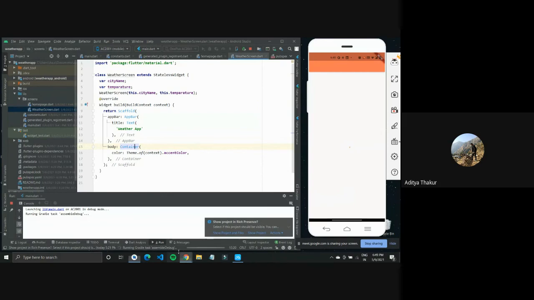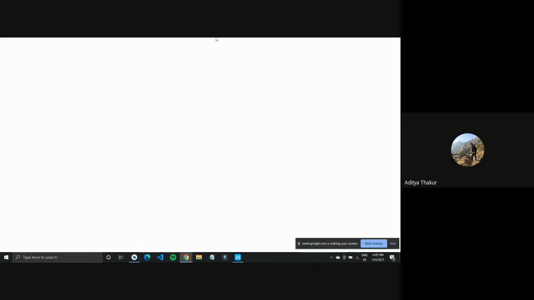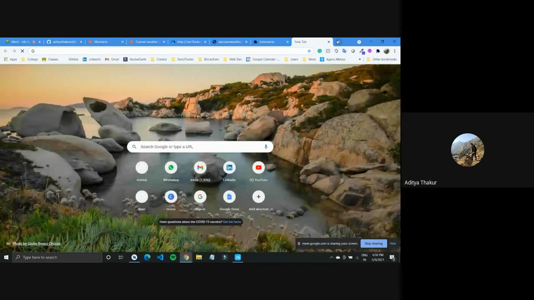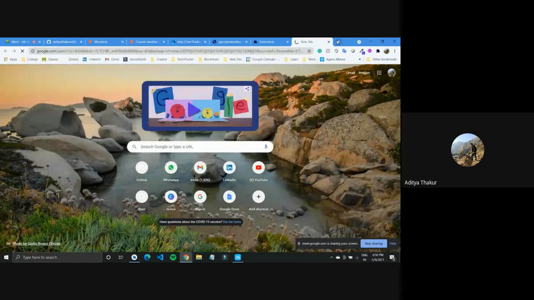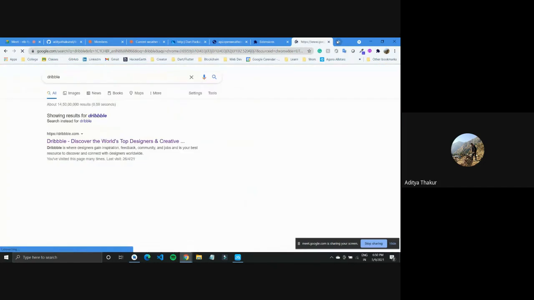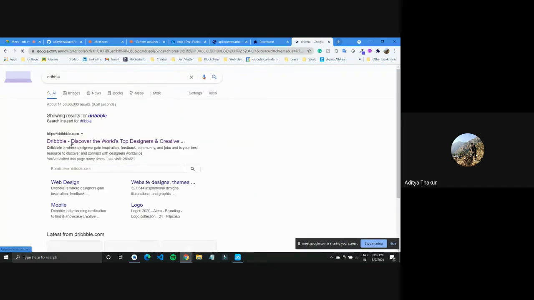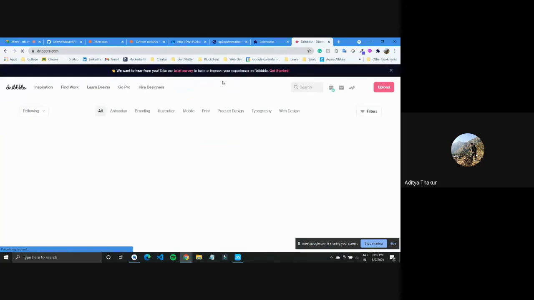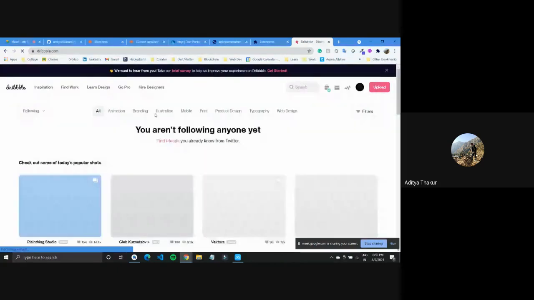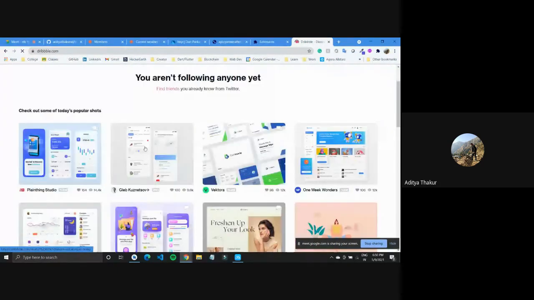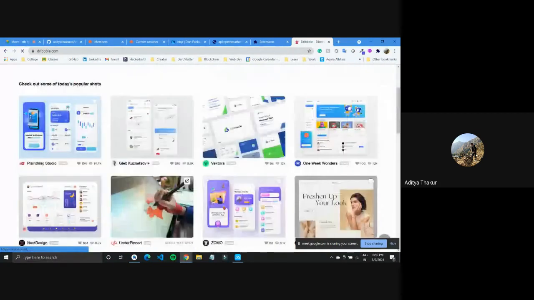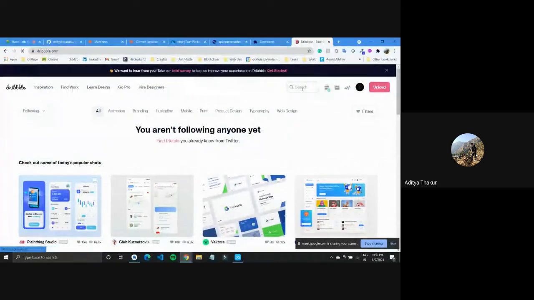Now there are a lot of things that you can do to check out UI designs to work with. What I like to do is go over to Dribbble. Dribbble is one website for designers where they put up their designs. There is also a website called behance.com. You can go over to that as well. So I'll just go over to Dribbble, D-R-I-B-B-B-L-E. And here you have all these designers putting in their designs. So you can check out whatever works for you. If we were to quickly look up a weather app design, I'll just search for weather.